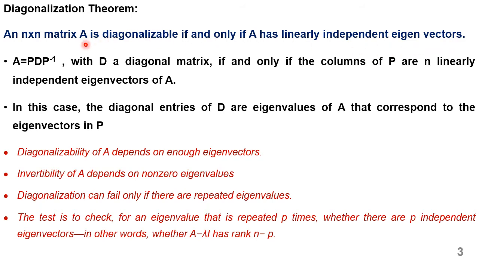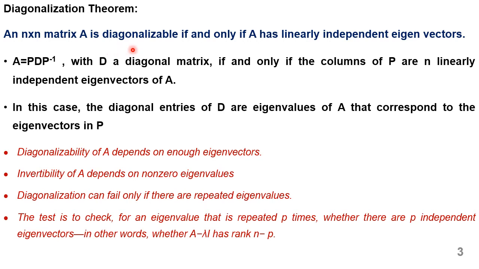For a given matrix A, we can always compute the eigenvalues. Corresponding to these eigenvalues, we can compute eigenvectors. And if the eigenvectors we have found are linearly independent, then we can say that the matrix